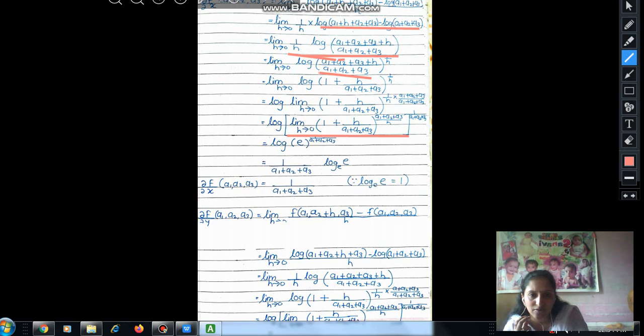Okay. So again by the rule of logarithm, this power will come outside, and log of e to e is equal to